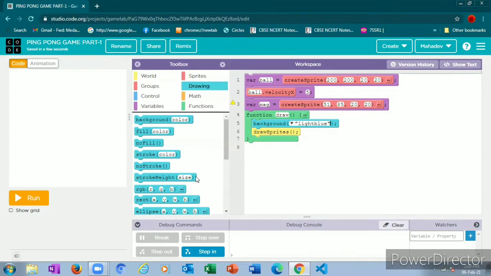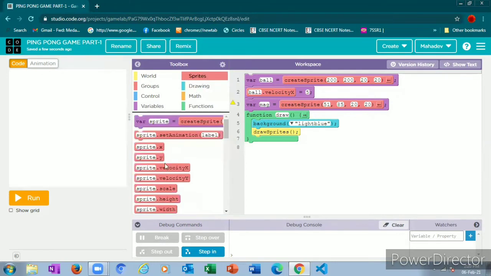So the next thing we are moving on to is that we want to move the ball, this variable ball, only in left and right directions. For that we'll give velocity x. If you want to move the ball only up and down, we will give velocity y. If you want to move the ball in the whole playground, we will give velocity x as well as velocity y. So now I will give velocity x and y. Velocity y also I will give to the ball.